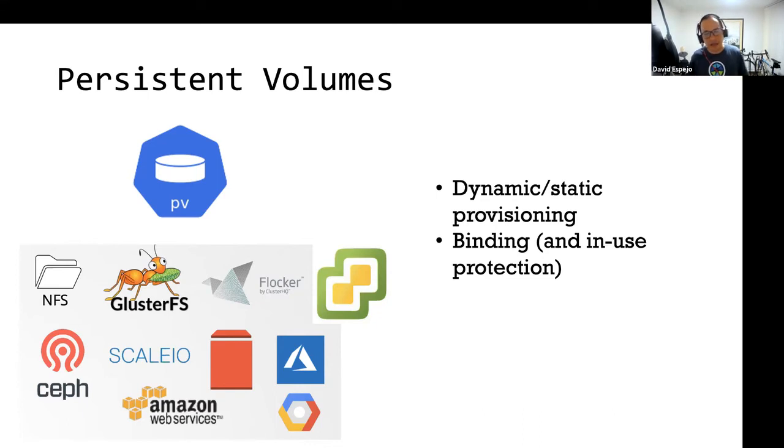Or you can assign an option that we will use here in the demo, called wait for first consumer. It's really interesting. Not all of the provisioners support that, and I know this by heart. It's only the three main cloud providers, AWS, Azure, and GCP, that support this option to wait for first consumer,